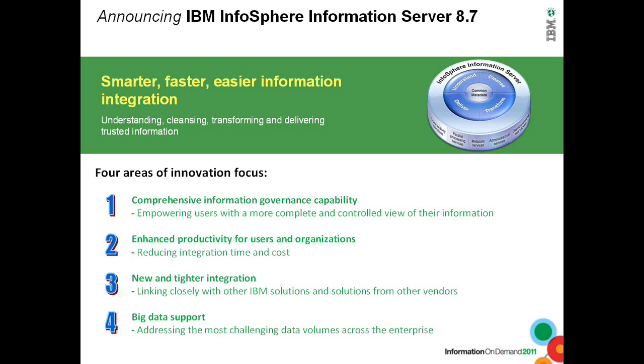8.7, why it was released and what were the actual themes or the use case categories that we were targeting. So the four that you see is what we were targeting, because we wanted Information Server to become the go-to information governance platform, wherein using the Information Server suite, you can actually kickstart most of your governance programs that you may be thinking of, and the tooling that is required around it to support it. So many of the capabilities have been built that actually allude to the information governance theme.